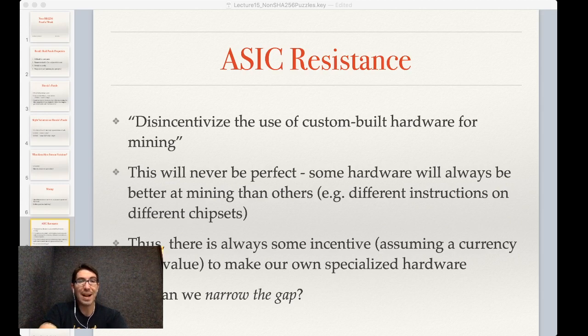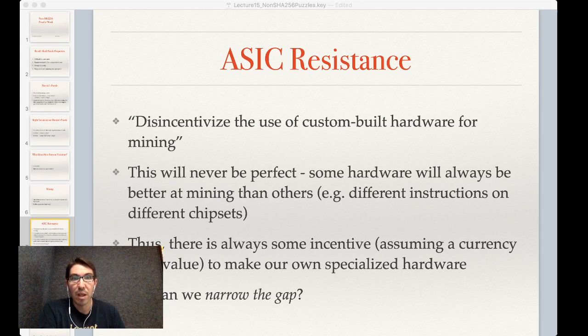Generally, no matter what mining algorithm or proof of work algorithm you use, some hardware is going to be better than others, right? Even if I try to mine, to take an ad absurdum example, on my old Commodore 64, that's going to be much less efficient than a modern server that I could get off some cloud service or whatever. For a variety of reasons, it's going to be less efficient. So we can't say that any hardware is going to be